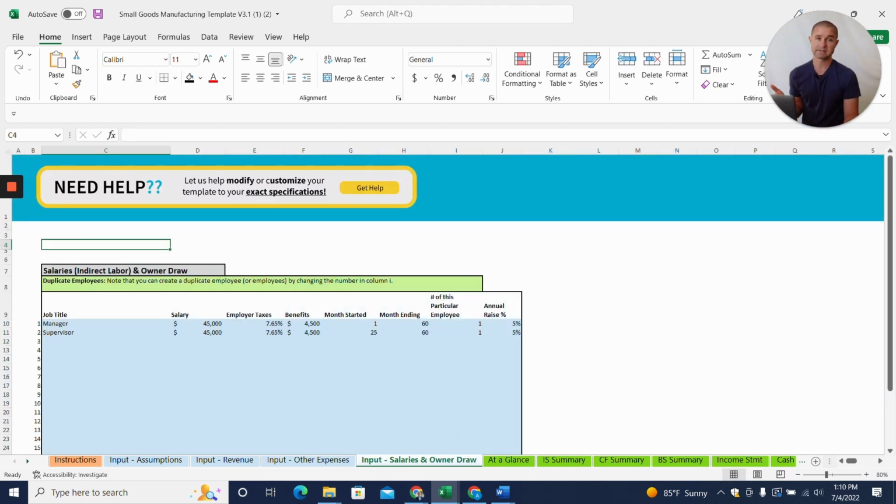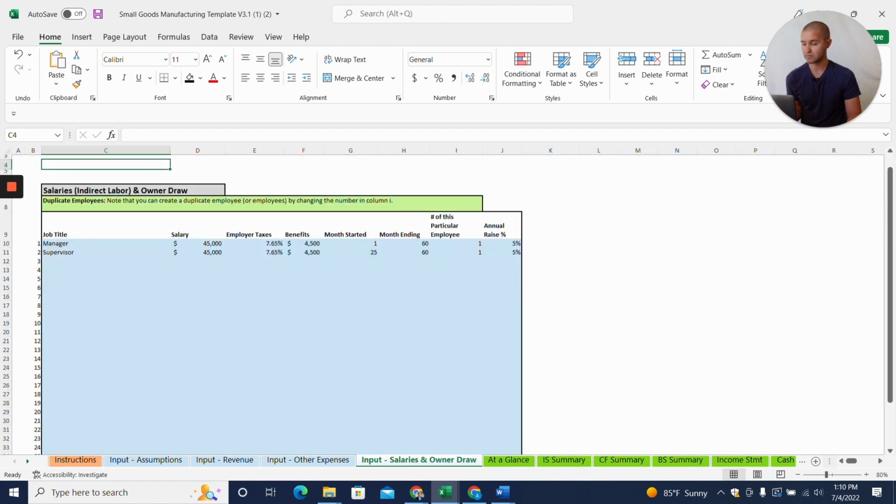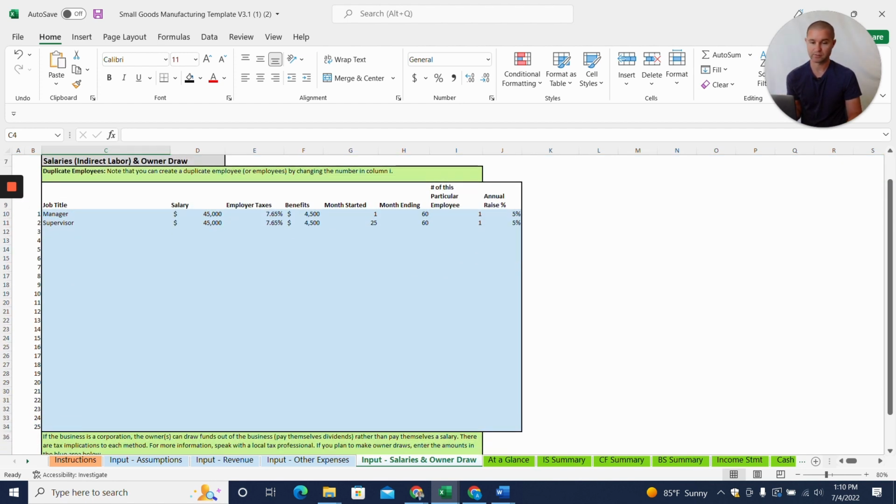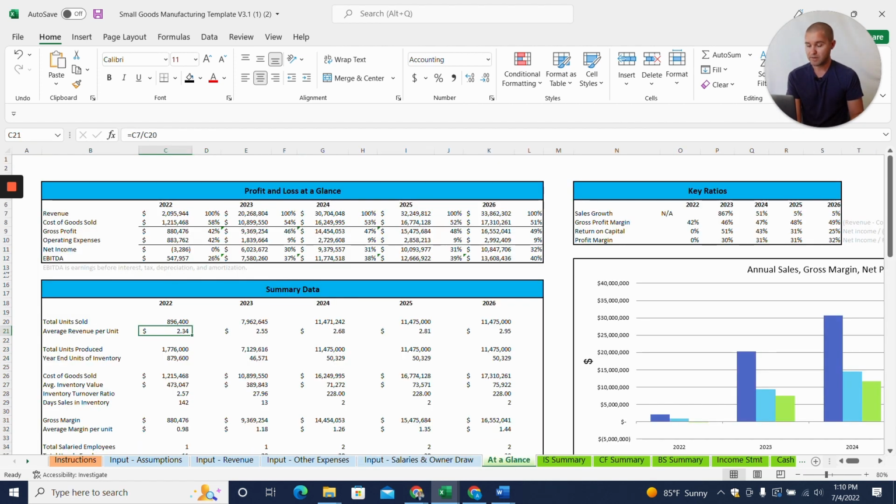And then you can enter in salaried positions as well here. So we've got the ability to add a number of salaried positions. Again, we've already got the labor costs for those hourly production employees, but if you do have salaried employees that you want to enter in, you can do that here. One thing I'd point out is that you can pick what month they're going to start. So if you say, well, I'm not going to hire the supervisor in month 1, but by month 25, or the beginning of year 3, we're going to hire a supervisor, you can layer those positions in over the years. And that really brings us back to where we started on the At a Glance tab.